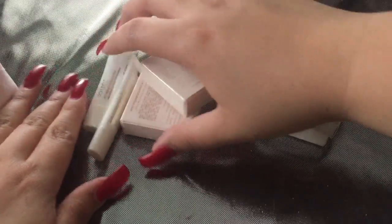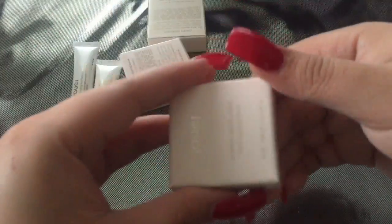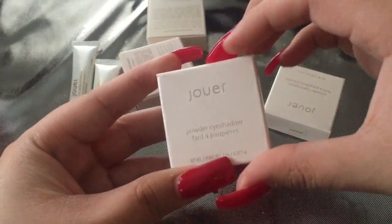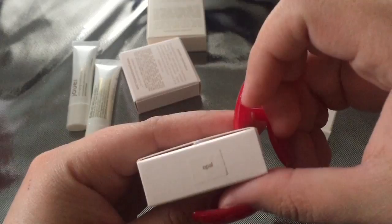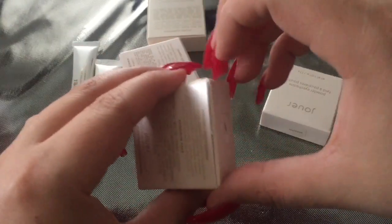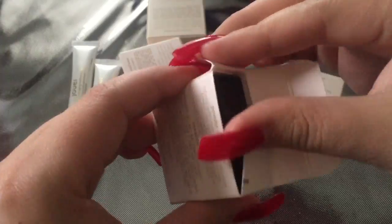And here is this really cute, really soft little goodie bag that was given to us by Jouer. I have heard a lot of the beauty gurus talking about Jouer. I don't really know where they sell it, maybe online, but this was one of my little favorite things that I got because I thought the packaging was adorable. So these 4 little boxes are powder eyeshadows. This one is in the shade Opal, and what's unique about these